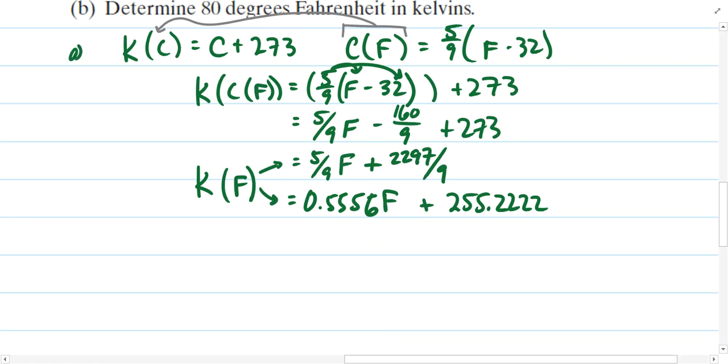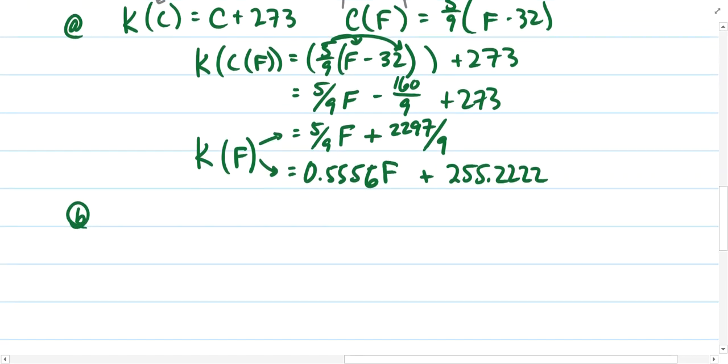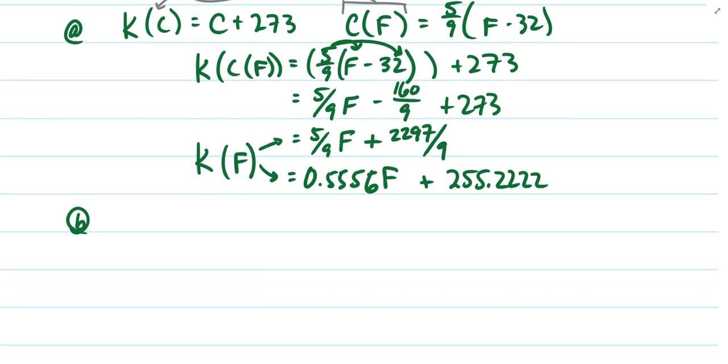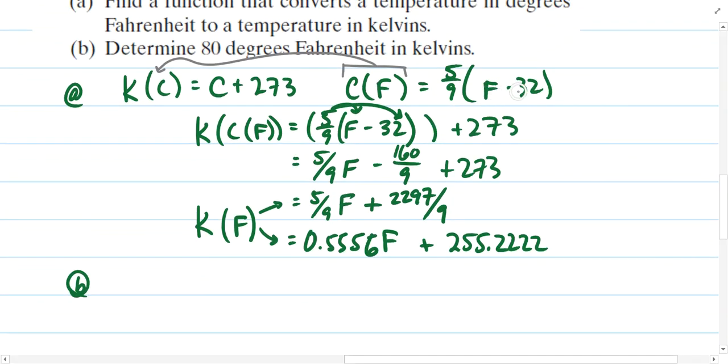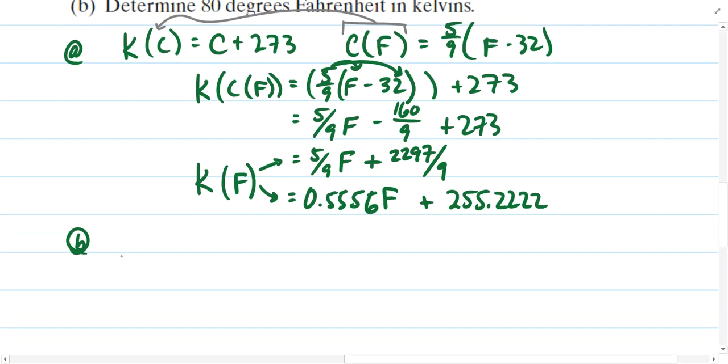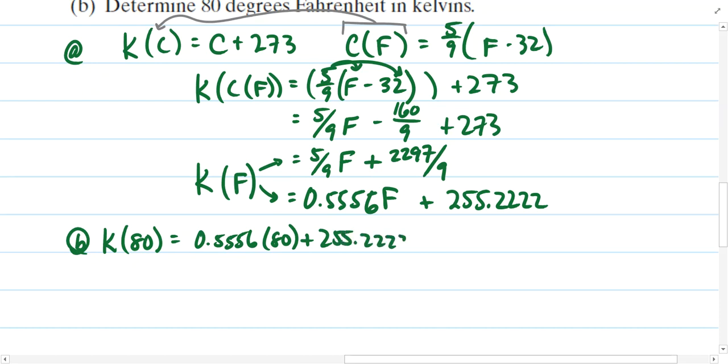So all of this work was done in Part A. For Part B, suppose we need to determine 80 degrees Fahrenheit in kelvins. Well, here again, instead of computing Fahrenheit to Celsius and then taking that result and converting to Kelvin, we can go straight to the final answer. The number of kelvins that's equivalent to 80 degrees Fahrenheit would be 0.5556 times 80 plus 255.2222, and that is